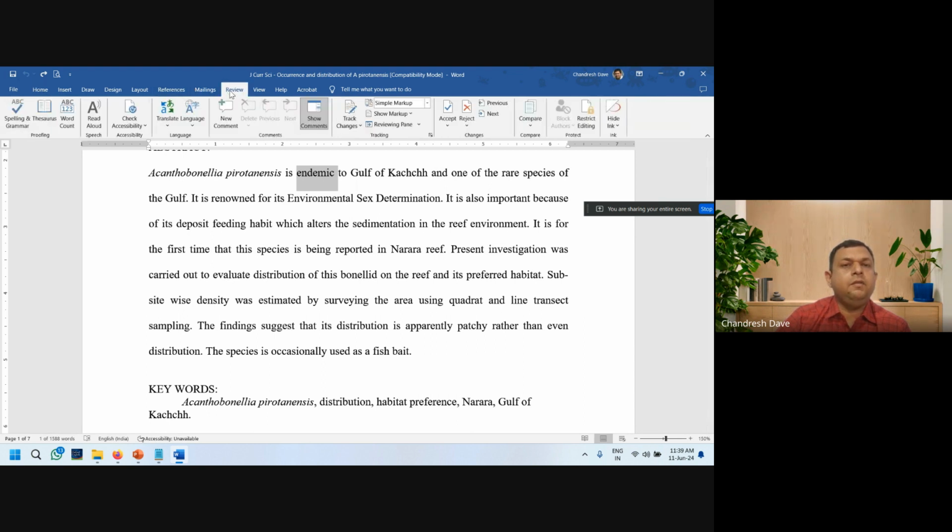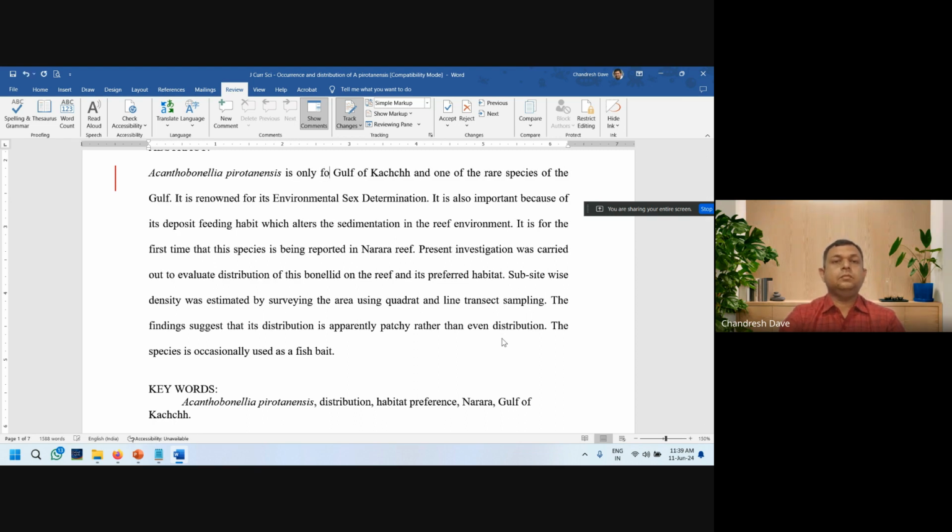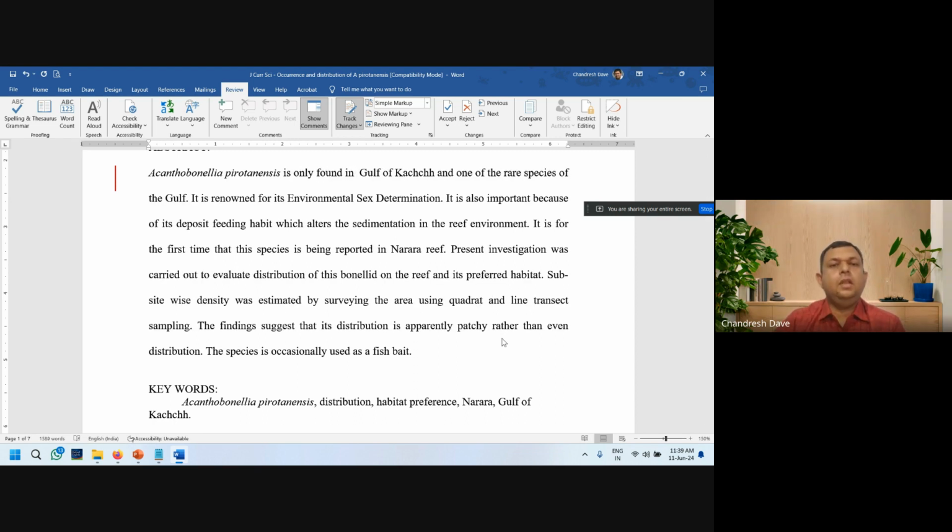It is under the Review tab. Track changes, we enable track changes. I have enabled track changes. Now whatsoever I change, instead of endemic, I would write "is only found in Gulf of Kutch."